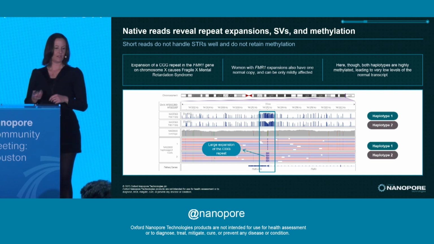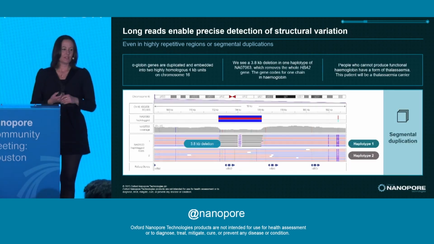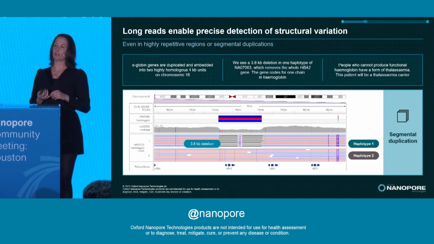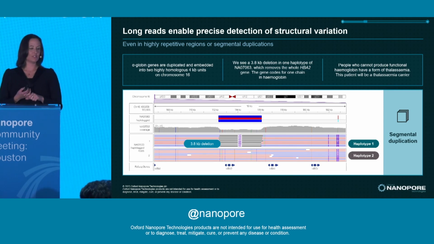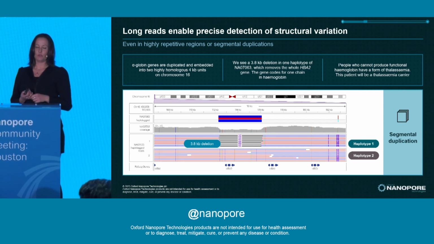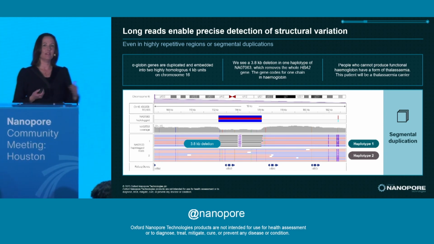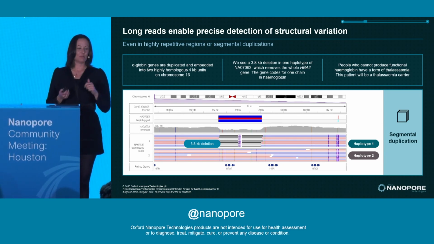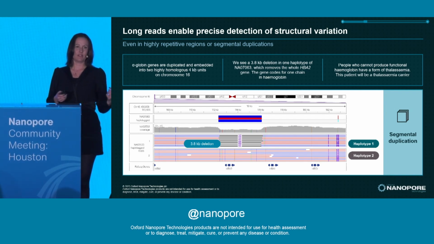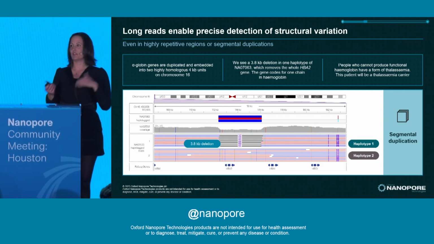Okay. Then we're moving on to structural variation. Here we're looking at a region that's the alpha globin genes, and you'll see that there are two genes that are very similar. This is HBA1 and HBA2. There are segmental duplications. So structural variation, especially deletions like this, can be not difficult to detect. However, they often hide within these very repetitive regions, like segmental duplications,